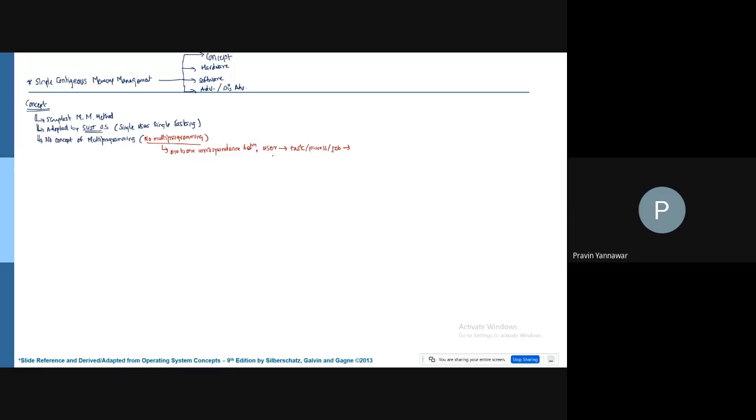There is a one-to-one relationship between user, task, process, job, and the resources. So this is important. User, task, process, job, and resources: there is one-to-one correspondence. So if you look at the representation of memory, we know that